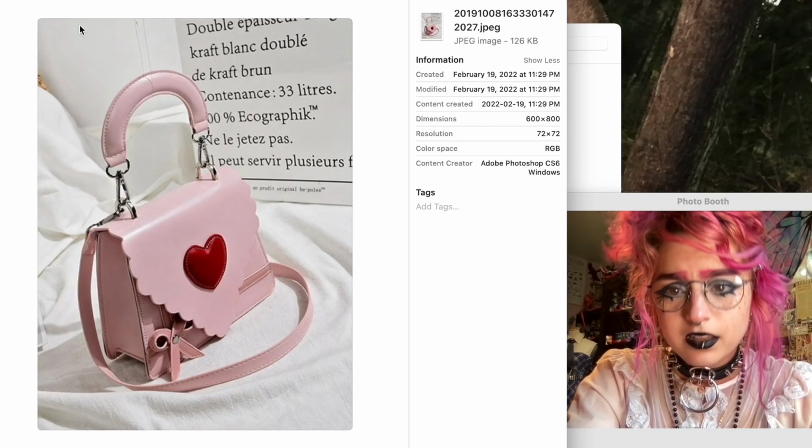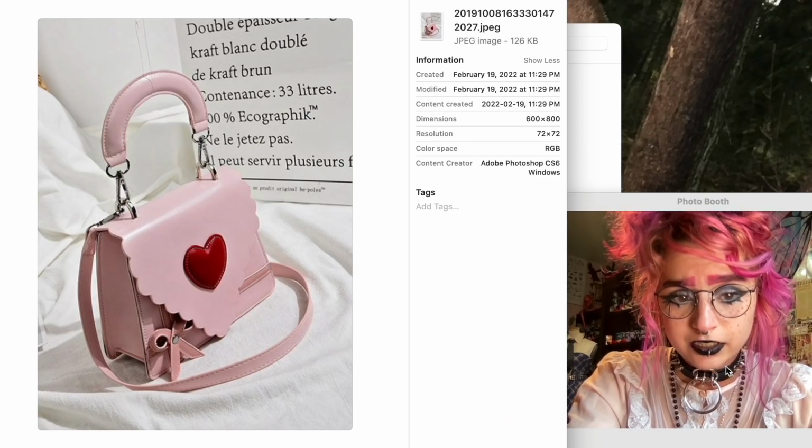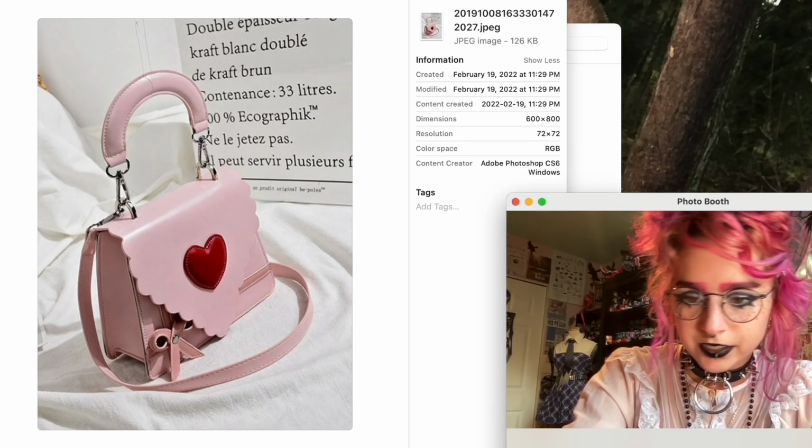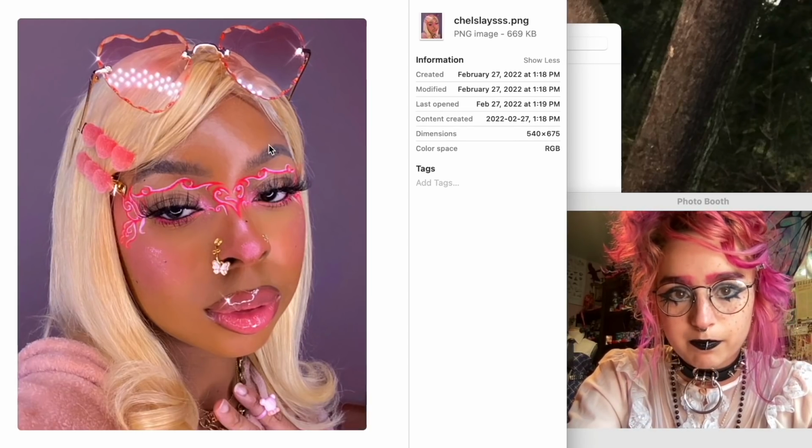Okay. This purse, it looks like a love letter too. It's so cute. It would work with her love letter outfit. I really didn't design any purses or bags for anyone. This makeup, Chelsea